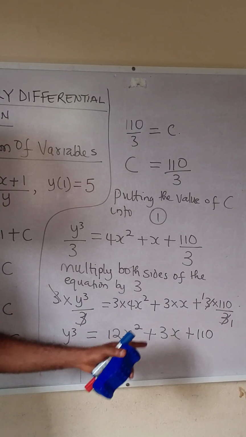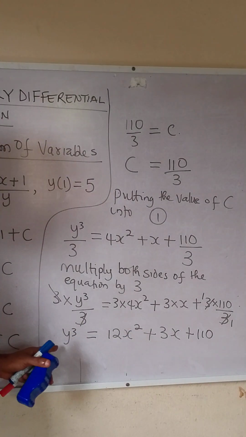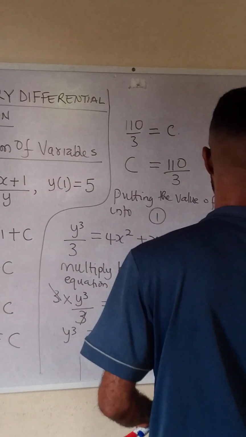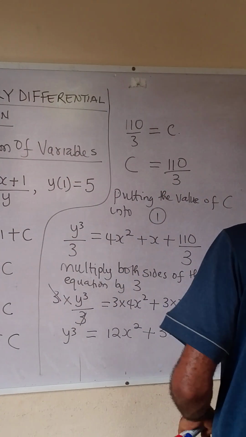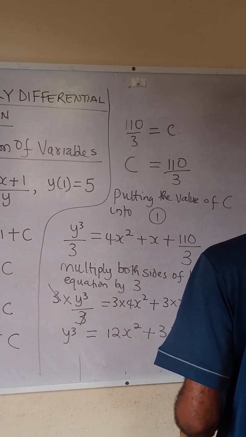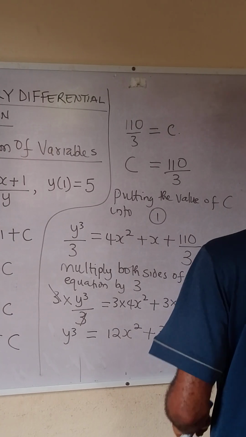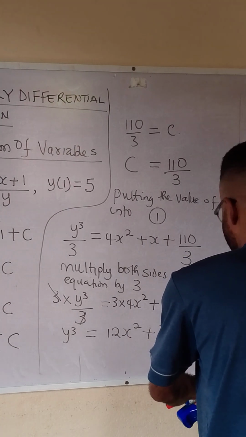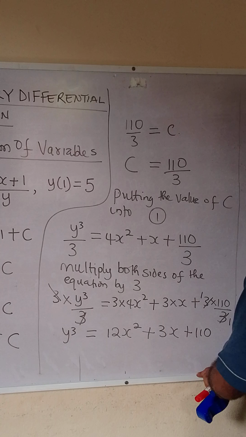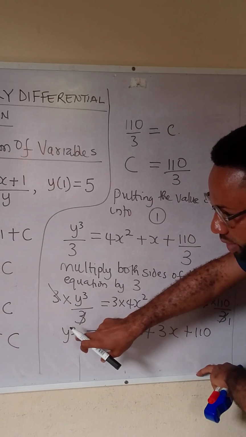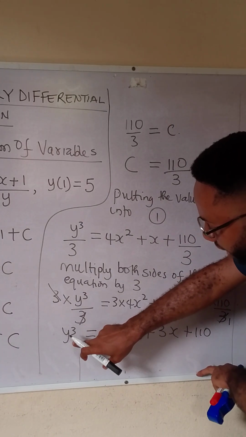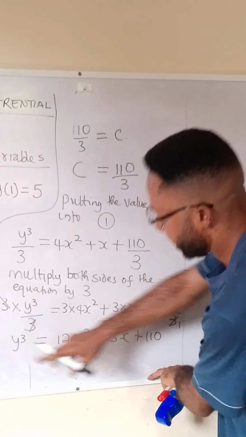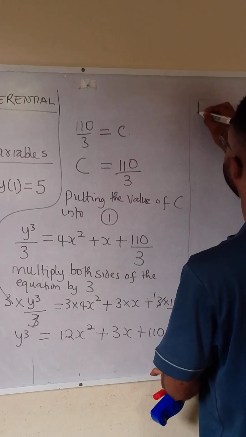You can decide to keep your answer here, or you can decide to solve further by making this mathematical statement, because we want just the value of y. Since y is raised to power 3, in order to eliminate the 3 here, you say find